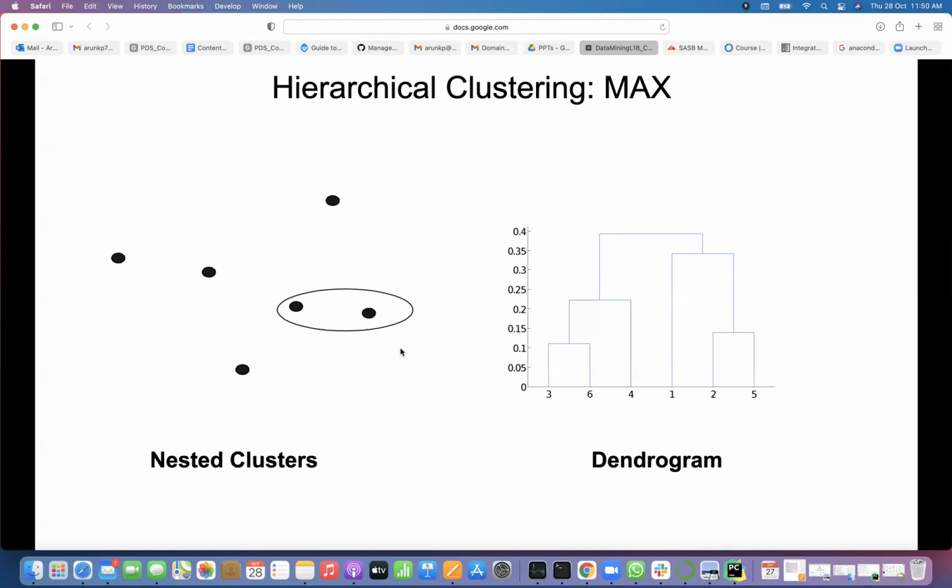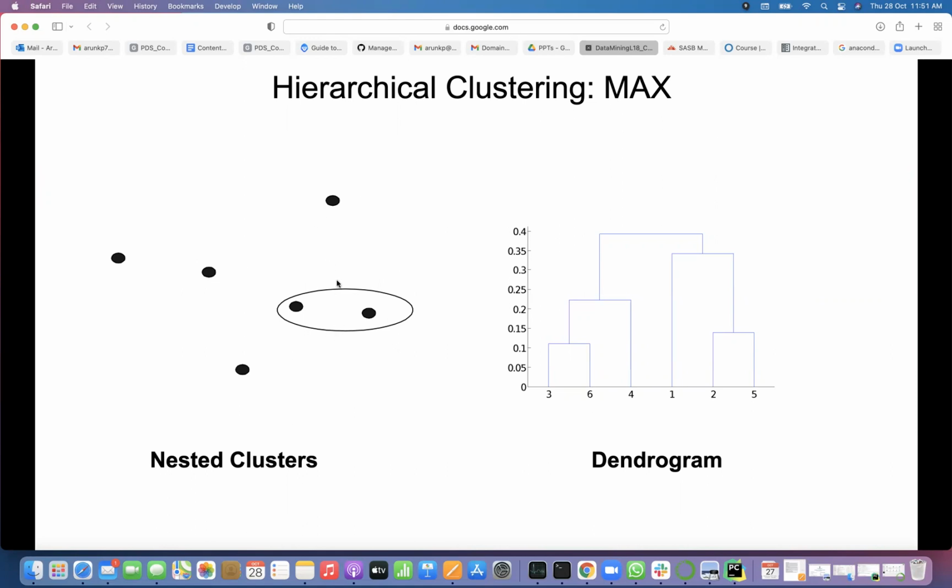Then I am asking, in max, what we need to find out in the first iteration. We need to get the distances between any 2 points, right? Because each point is a cluster in the beginning. Then once you merge those 2 points, we need to see the other points apart from the cluster that is part of the pair. For other points, it is simply finding the distance between those points.